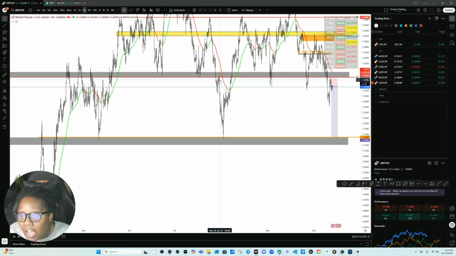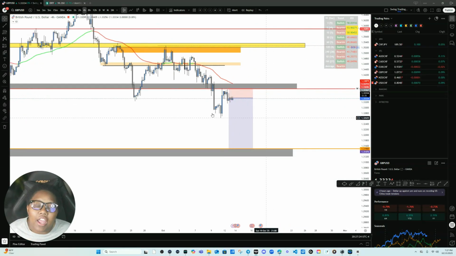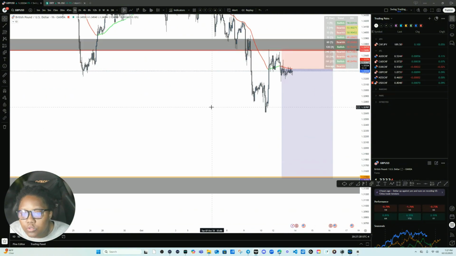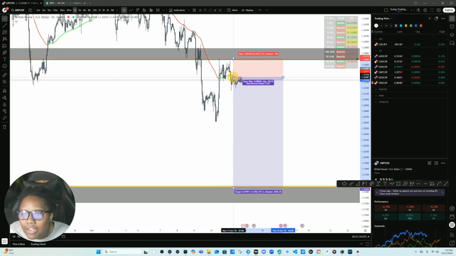Just looking from an H4 standpoint, price has held here from resistance and I'm taking my take profit right here. When I look at my take profits, I look at where price has gone previously when it sold from this level. So overall, my take profit is 31500. This is a trade that I am currently in, and it is still fresh to get into. Dropping down to my hourly chart again, we are in a little bit of consolidation here. So we're probably going to look at London, New York for this trade to pop off and break down to that